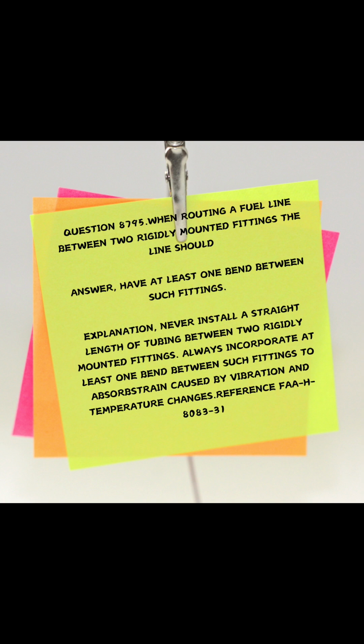Question 8795. When routing a fuel line between two rigidly mounted fittings, the line should: Answer: have at least one bend between such fittings. Explanation: Never install a straight length of tubing between two rigidly mounted fittings. Always incorporate at least one bend between such fittings to absorb strain caused by vibration and temperature changes. Reference: FAA